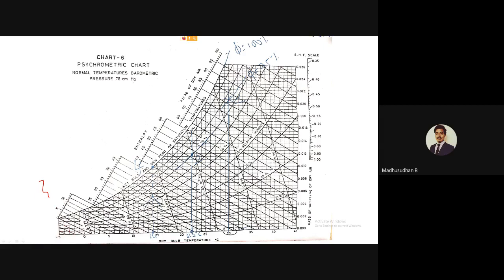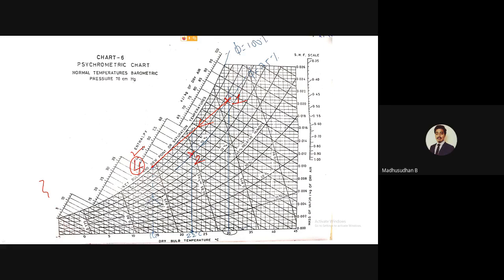Okay. Now I will try to draw this. So this is the process which occurs, cooling and dehumidification. So this is point number 4, and here is your state 2. And here is your state 1, correct? So now, this is the end result. That means your cooling coil, if it is 100% efficient, then it would reach the state 4, but it is not reaching the state 4. It is somewhere in the middle.